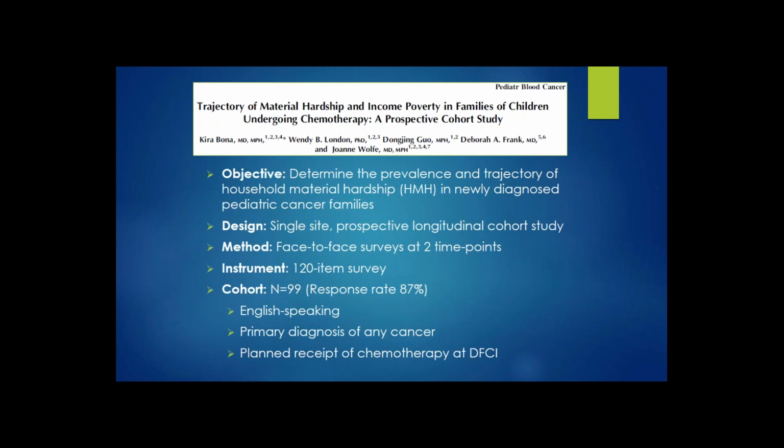The method was a face-to-face survey, which was conducted at 2 time points. So parents of newly diagnosed children were asked to complete a survey within 30 days of their child's cancer diagnosis, and that was our baseline. And those questions let us understand what their family looked like prior to their child's cancer diagnosis. They then completed a follow-up 6 months into chemotherapy, and the purpose of that was to understand what their family looked like after undergoing some intensive treatment for 6 months and after having been well hooked into the medical system,